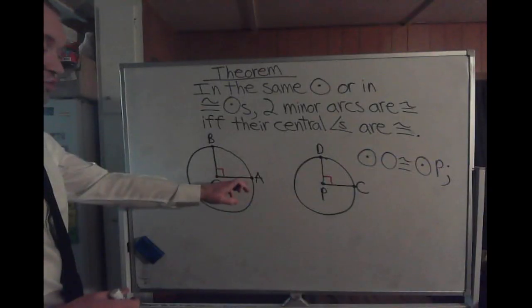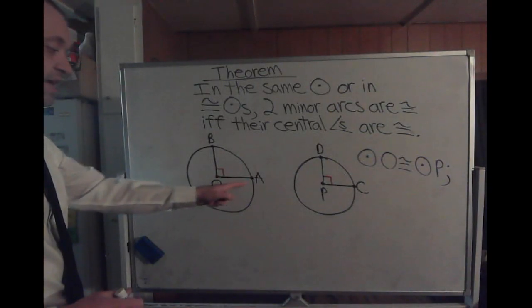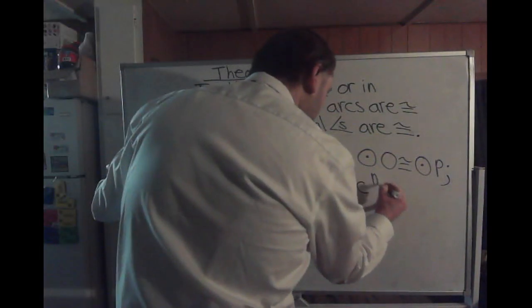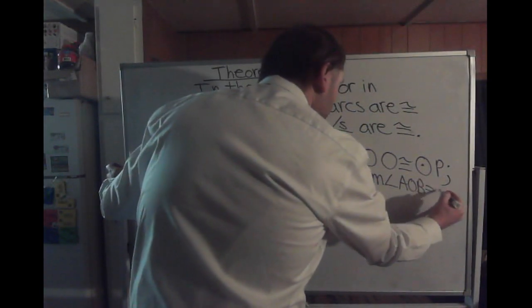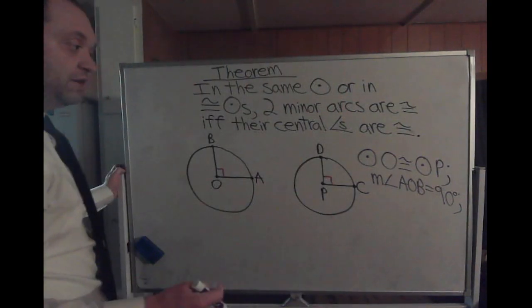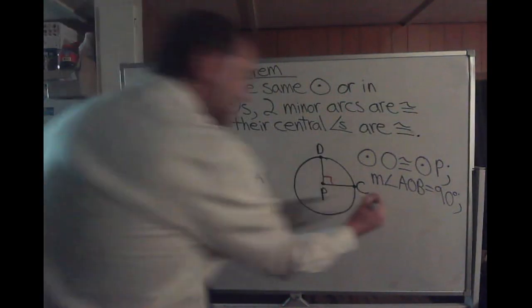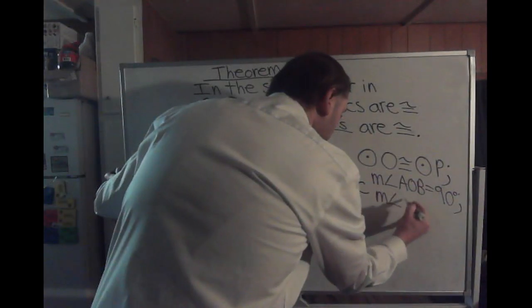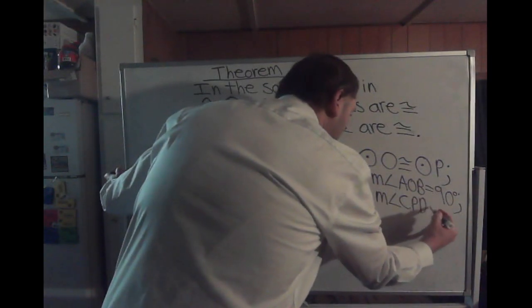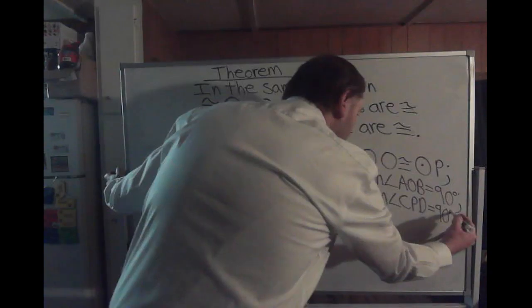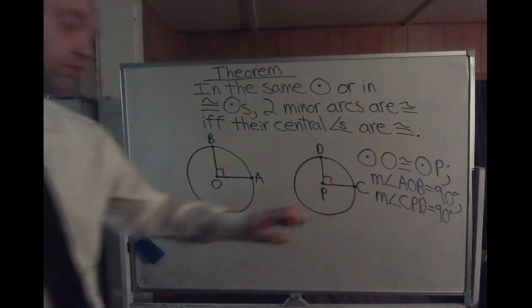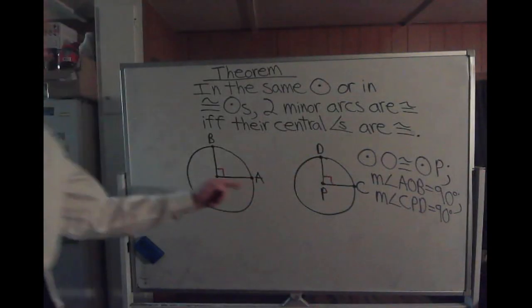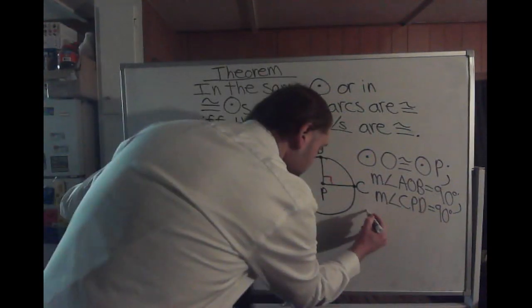We even have their central angles congruent. The measure of angle AOB, the central angle of circle O, is equal to 90 degrees. And then in circle P, the measure of angle CPD, the central angle there, is also 90 degrees. So since we have two congruent circles here with two congruent central angles, that means the minor arcs AB and CD are congruent. So therefore,